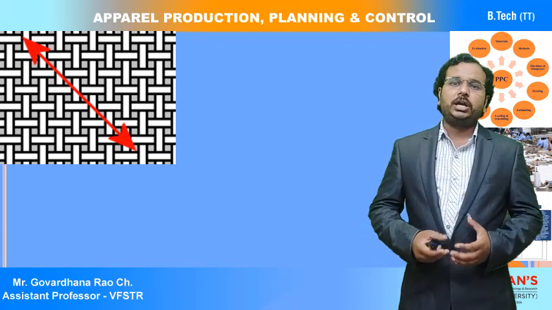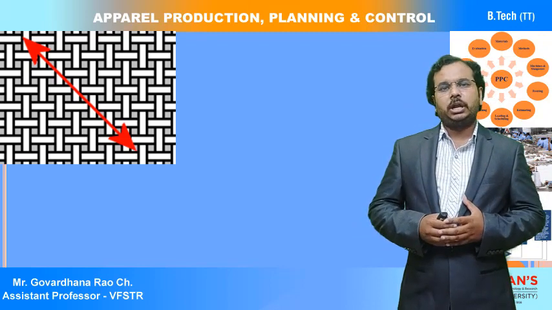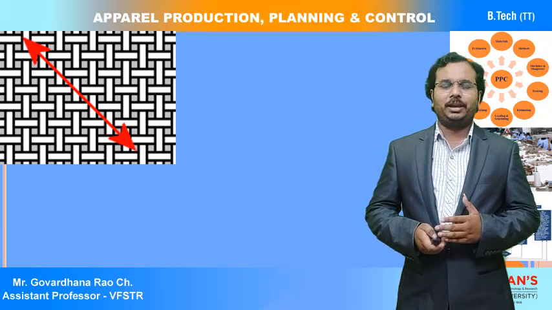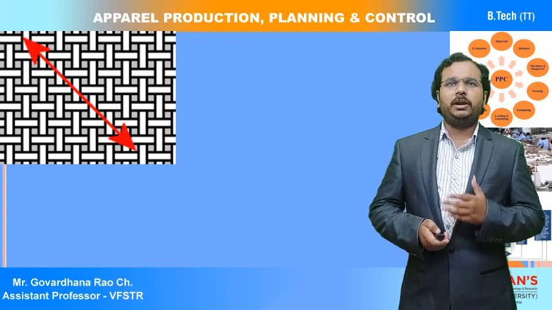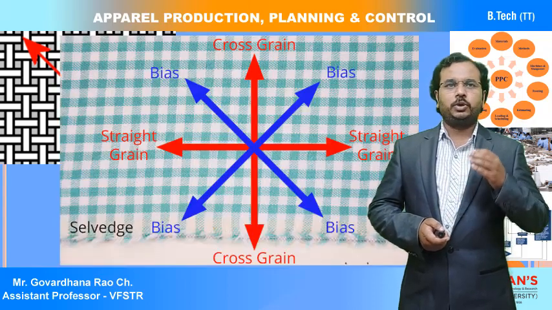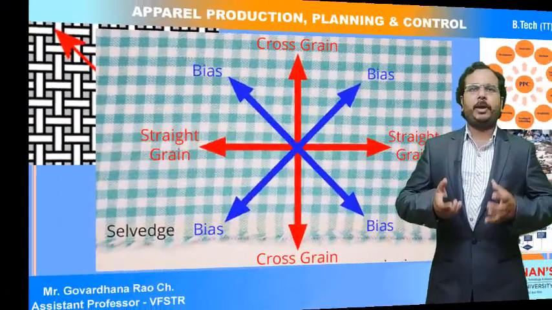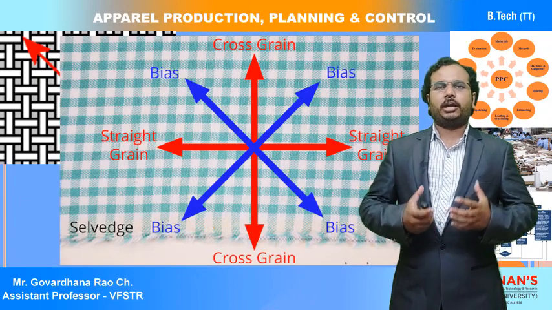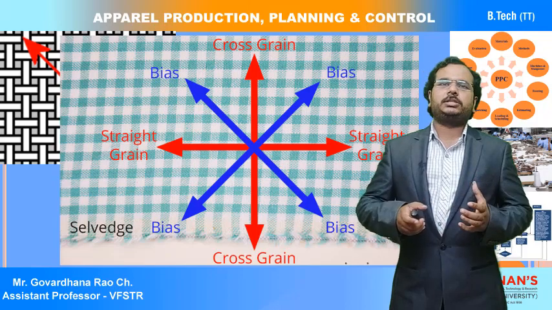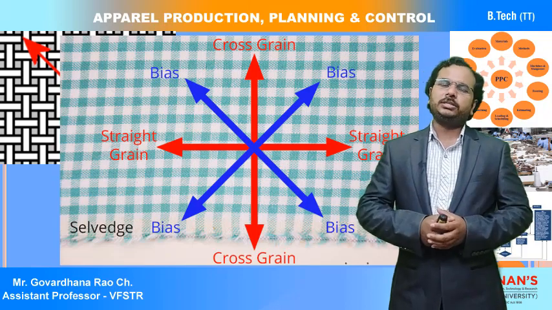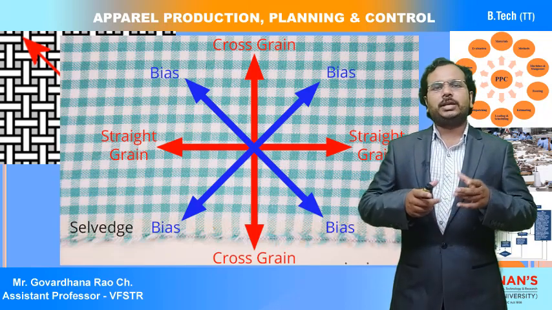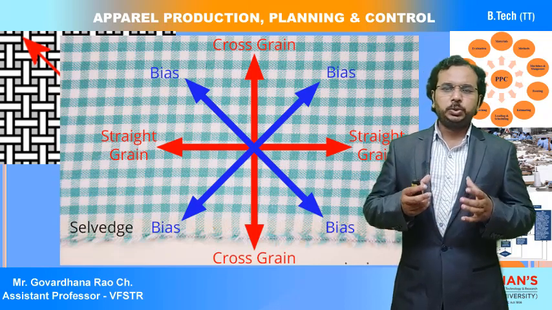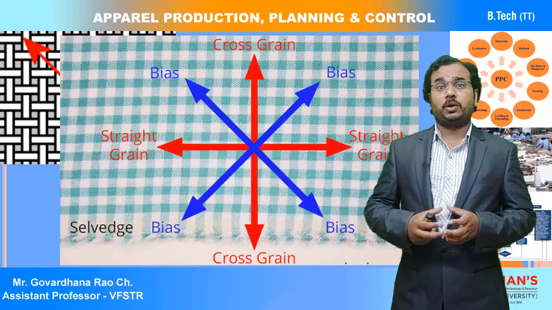If you want a different structure, in that case we select the biased grain. We will see here the different types. You can observe the image, which shows the cross grain, straight grain and the biased grain. Our topic is related to the biased grain, and you can see here the 45 degrees angle at which we keep our pattern pieces on the marker.